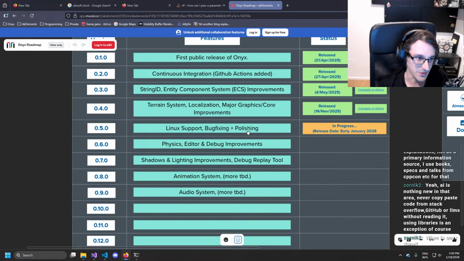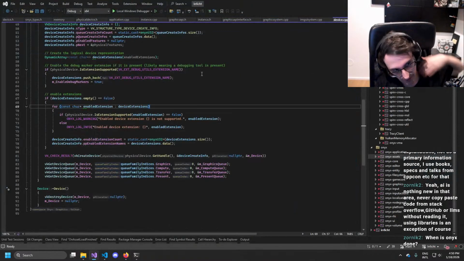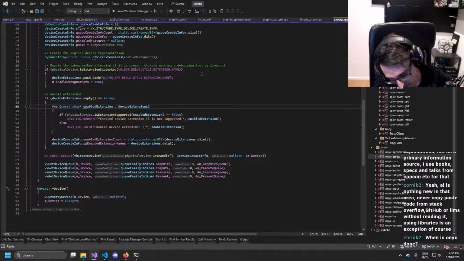I thought that this one was simpler as well, but then Linux kind of showed me some stuff that I was doing wrong, which is fine. It's all good. The engine evolved quite a lot for the better, and it still does. Because the more you write code and the more you see how more complicated systems would work, the more it suddenly starts to fall apart a little bit. Then I need to fix stuff and so forth.